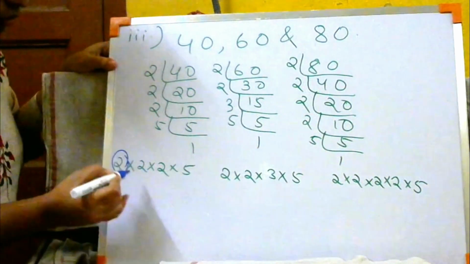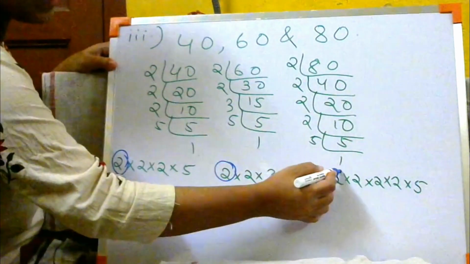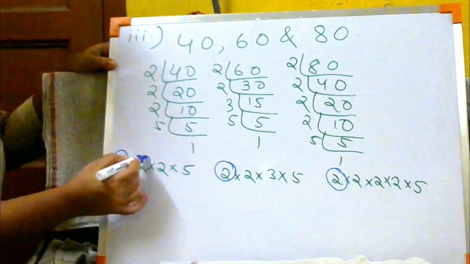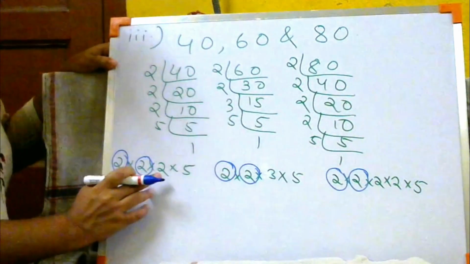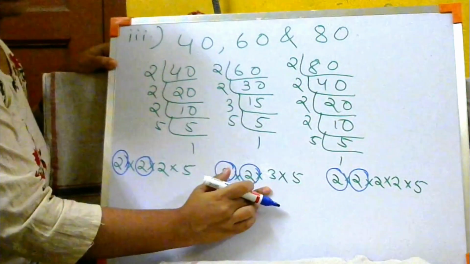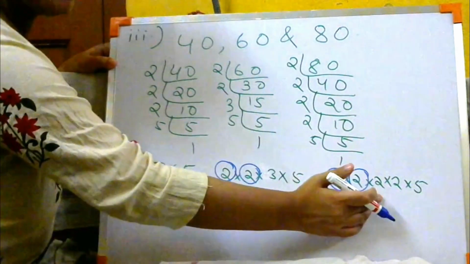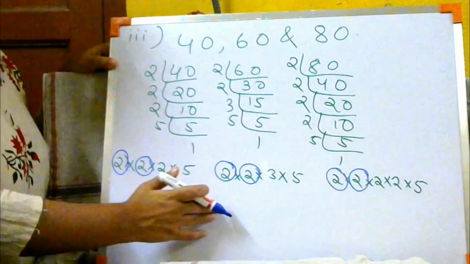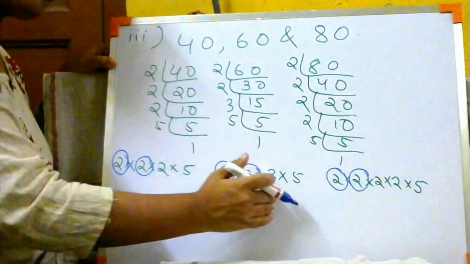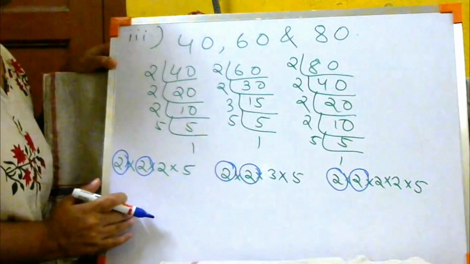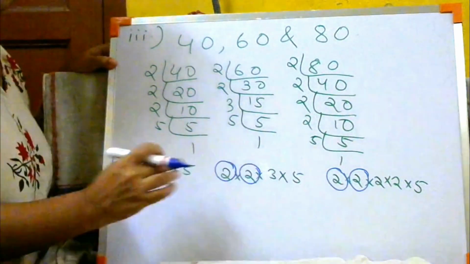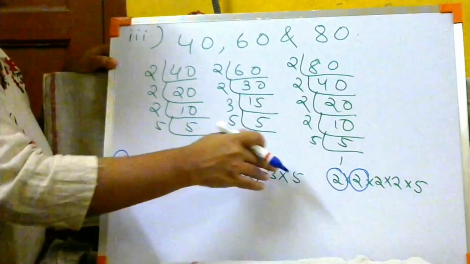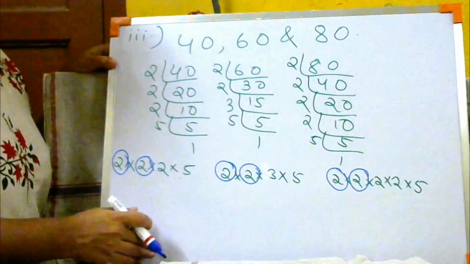Look here, 2 is common. The first 2 is common here, and the first 2 is common here too. Okay, now look, the second 2 is common here, the second 2 is common here too, and the second 2 is common here as well. The third 2 is here, but is there any other 2 here? No, there isn't, but here there is. That is true. But when we are finding the common factors, we have to look into all three of them. It is not enough to be common in just two, it has to be common in all three. So only two 2s are common in all three. All three of them have two 2s with them, isn't it?